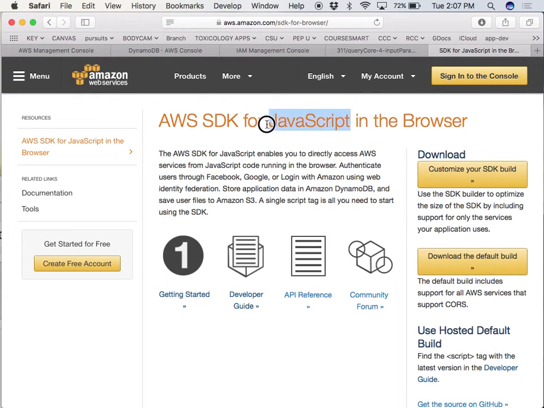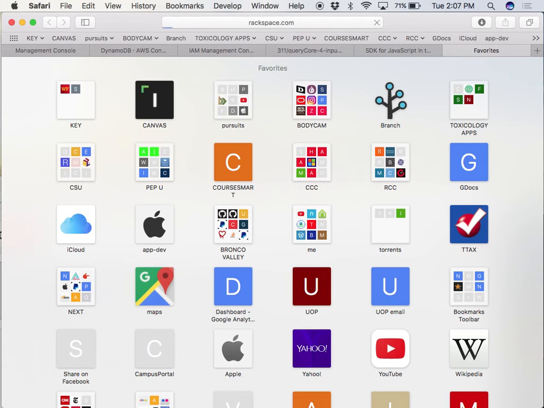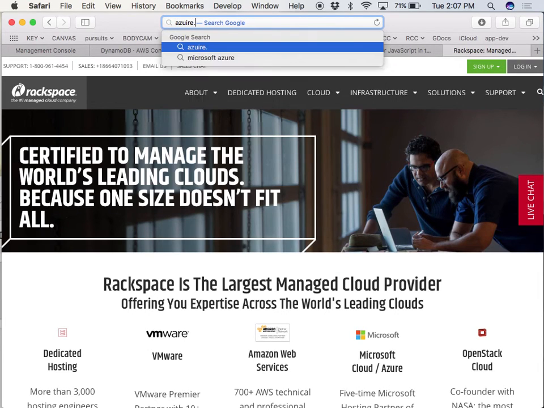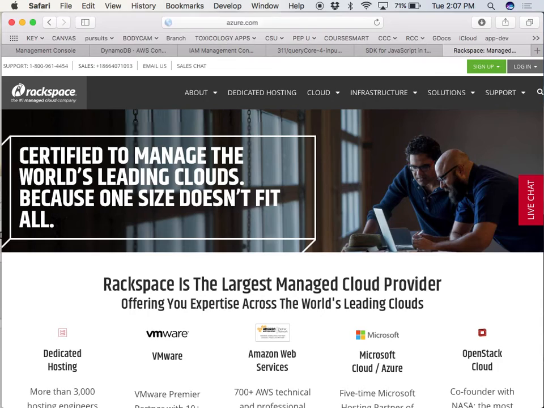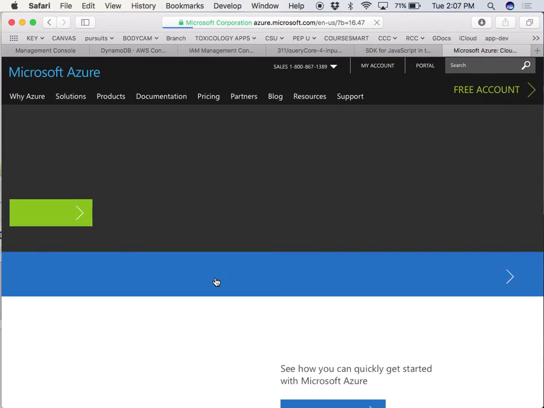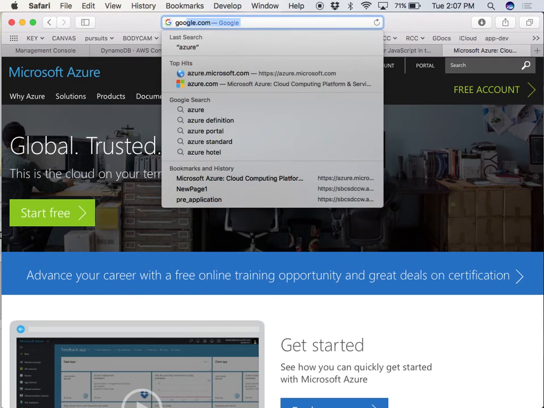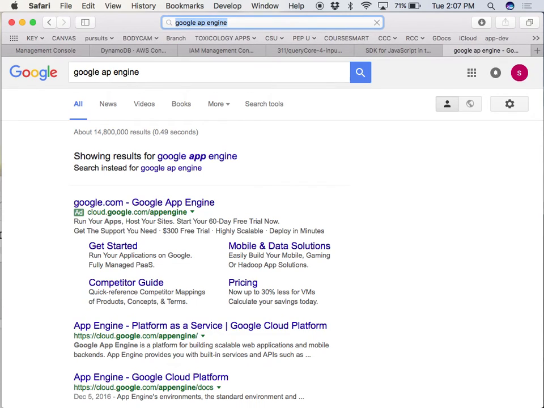The problem is you can only do this kind of development on Amazon right now. It's called serverless development. Other great cloud companies like Rackspace, it's just a matter of time before they allow you to create serverless web development. Rackspace is a great one. It's just a matter of time before Azure on Microsoft will allow you to do that. Right now, they don't. And it doesn't matter because not a lot of people use Azure. We love Azure in the IT room, but not .coms, not on the internet. It's just a matter of time before Google App Engine supplies serverless.